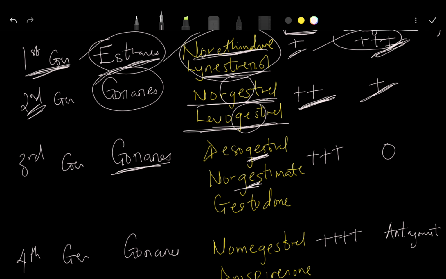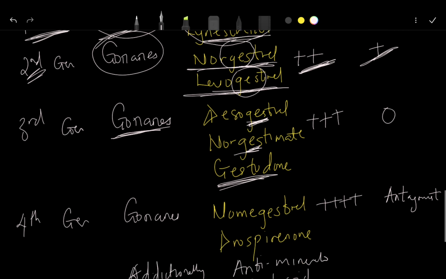Desogestrel and norgestimate, together with gestodene. Now if you notice these ones, in fact this particular third generation, we usually combine them with estrogen in contraceptive pills. Again, their potency has increased, but they have zero androgenic activity. So when you give this drug to the patient, those acne and the other things, you will not see them again. The patient will not experience those things, and the patient compliance with the drug will increase.